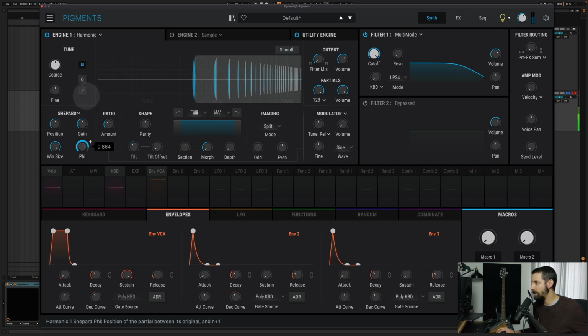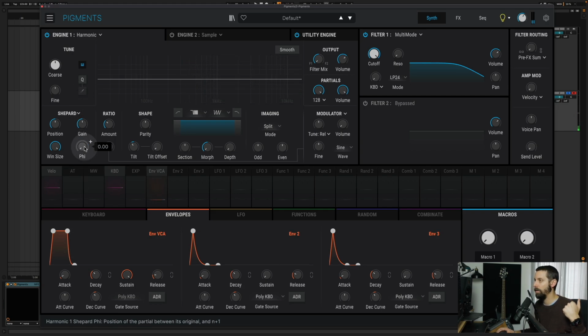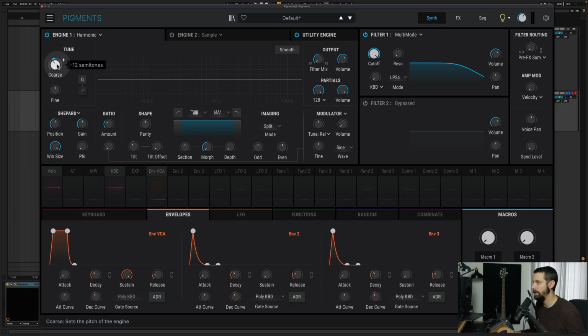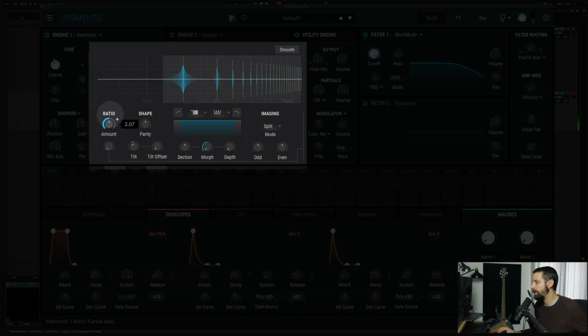and we're going to modulate this phi to achieve our sound. The way I have this set up is this is tuned down 12 semitones, and here we have the Shepard setting for the partial modulation mode. The position doesn't matter, keep the gain. Then we're going to change the ratio. The ratio is going to move our sine waves around,